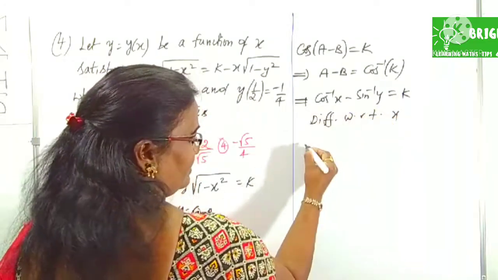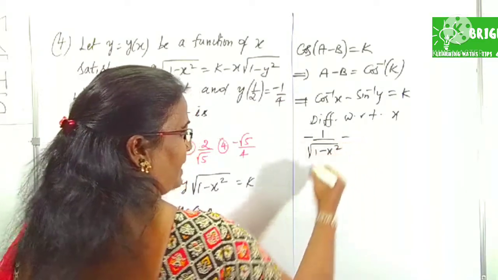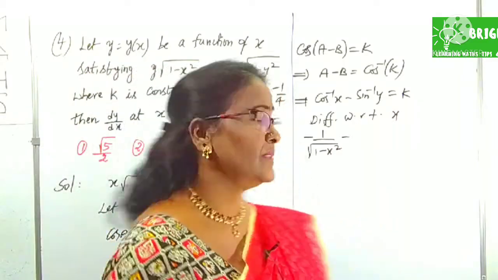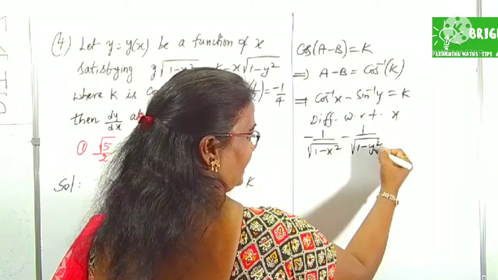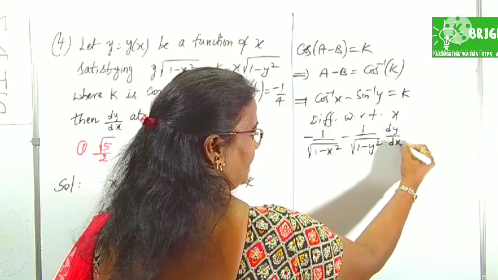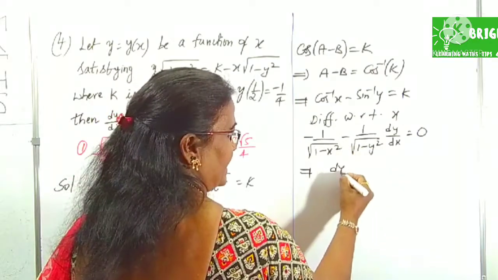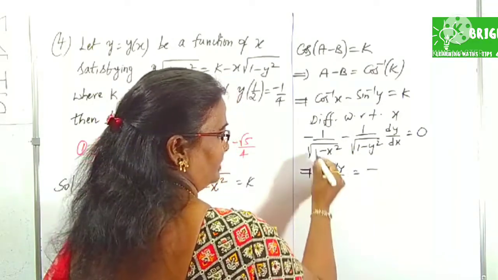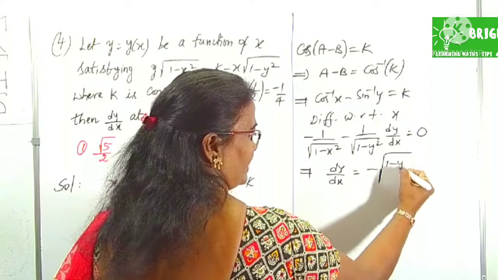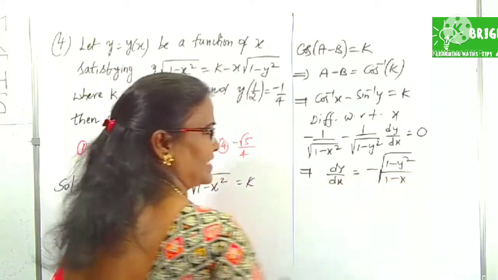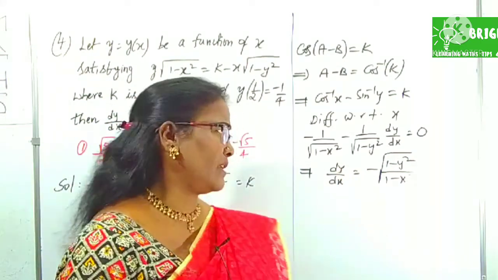What happens? The derivative of cos inverse x you know very well. What is that? Minus 1 by root over 1 minus x square, minus, what is the sin inverse y derivative? Yes, 1 by root over 1 minus y square, into again the y derivative, y dash, that is dy by dx, is equal to the derivative of the constant, 0. From this we can get dy by dx as minus of, this comes into the numerator on the right side, root over 1 minus y square by 1 minus x square, with the minus. Right? What is dy by dx? Minus under root 1 minus y square by 1 minus x square.